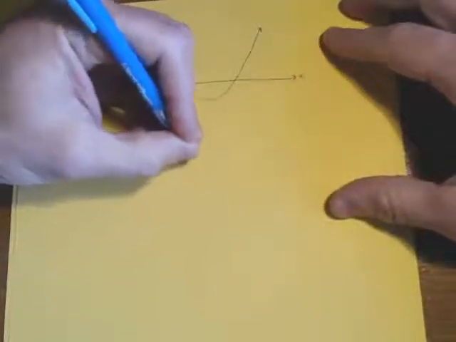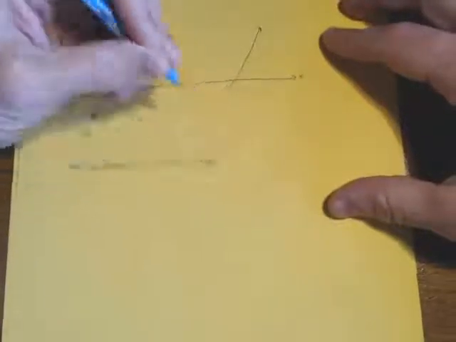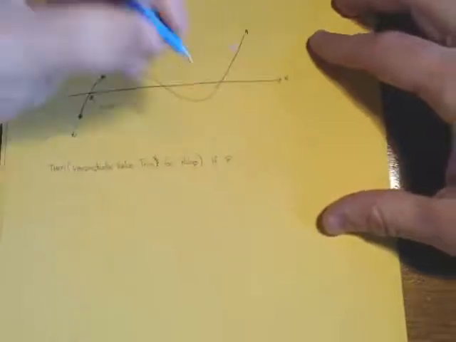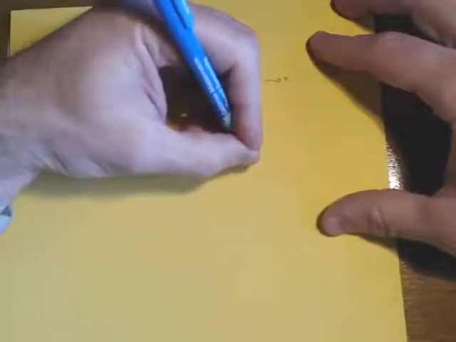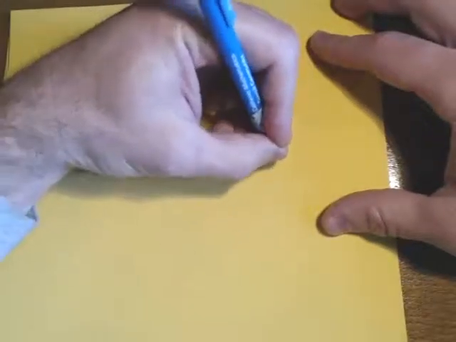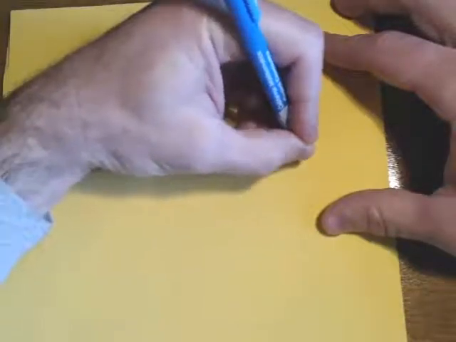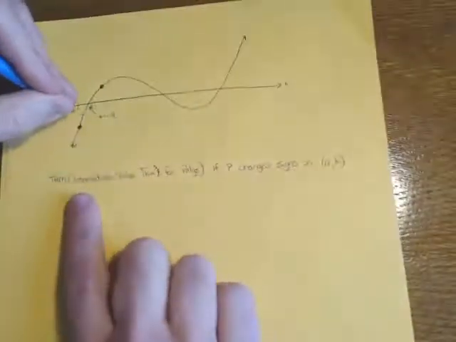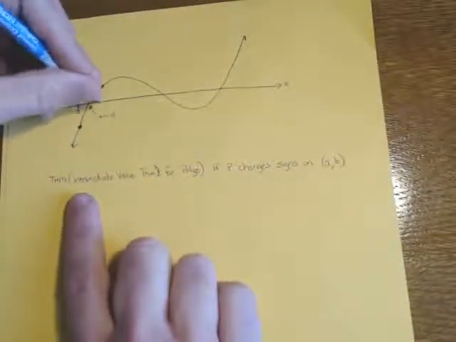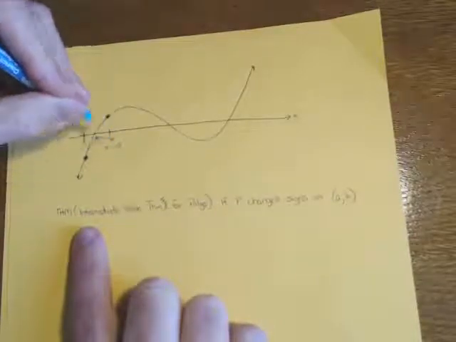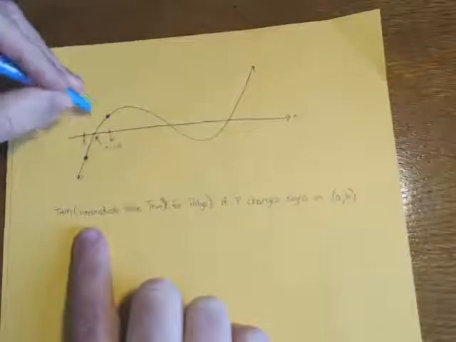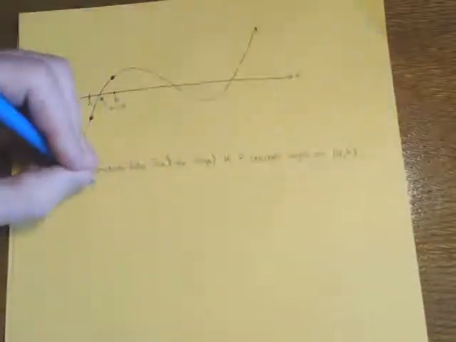If p changes signs on the interval, let's just say a to b, so you have some interval from x equals a to x equals b, and p went from negative to positive,